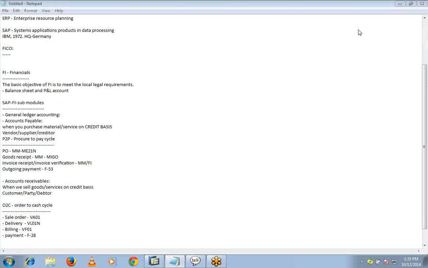Okay. Now what I understand is that if you take some retail business, like departmental stores, as a customer I will directly go there, buy the material and pay for it. It's a cash transaction. Yeah, I got it. So you have to see it industry-wise. The application also will be more specific based on the industry. SAP has developed its software by taking industries into consideration.